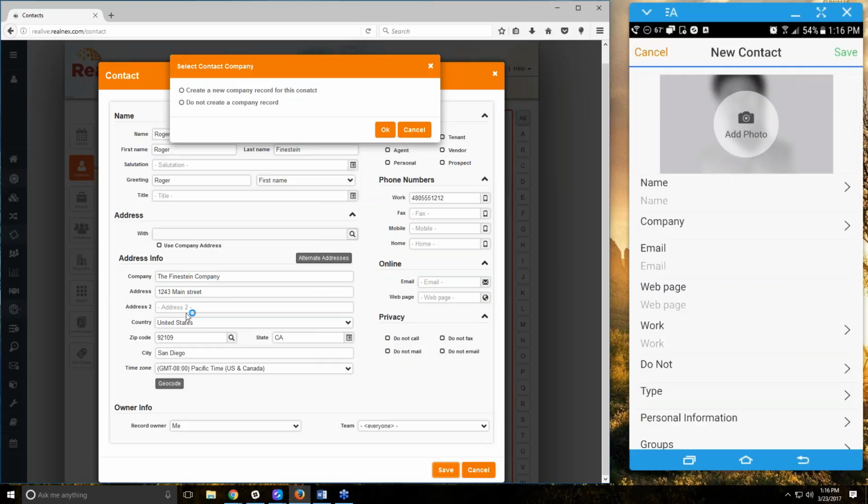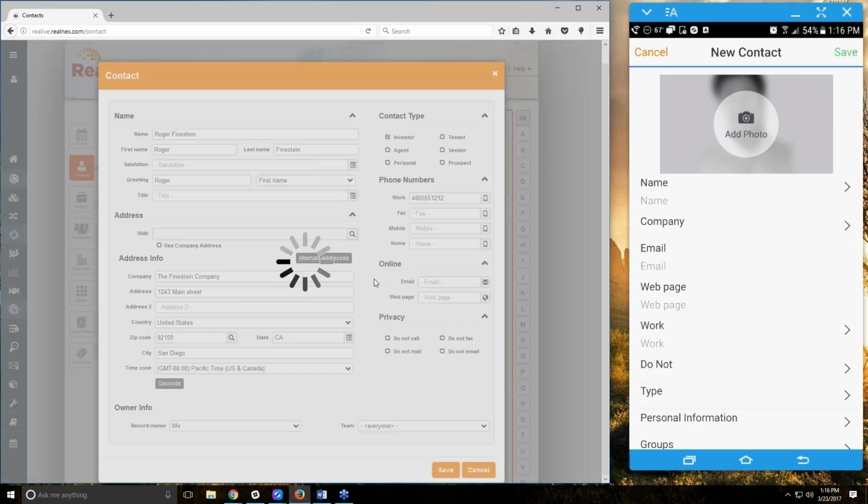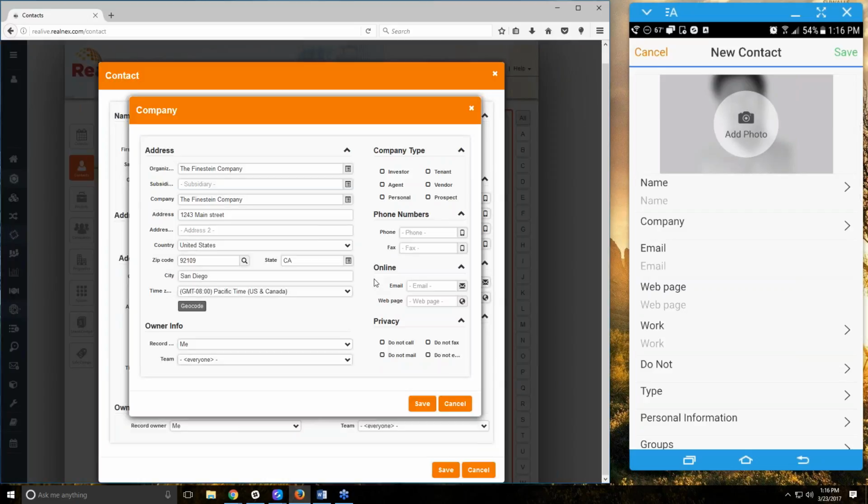In this case, it did not find something called the Feinstein Company or anything similar to that, or at the exact same location. So it gives us the option to either create a new company or not to. In our case, I wanted to, so I'll check that and hit OK. And that's going to bring up the new company screen. From here, we'll just go ahead and hit OK, hit save,